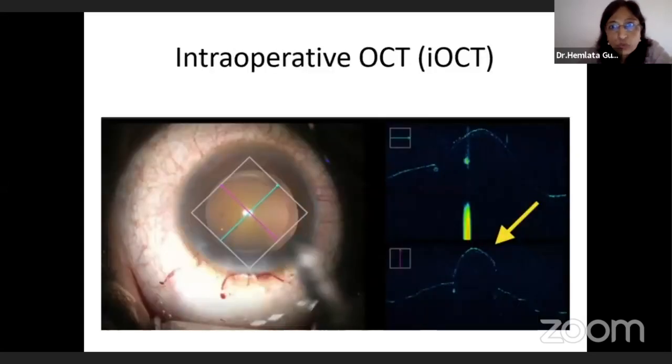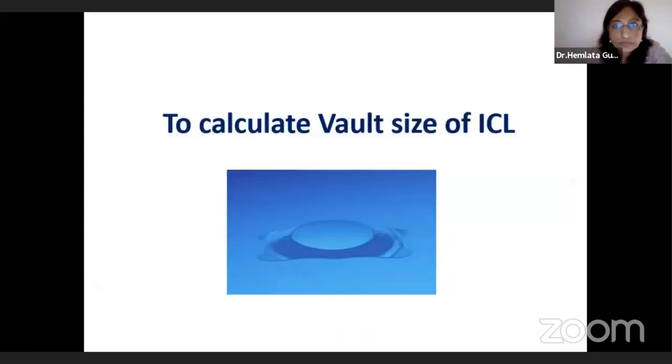Intraoperative OCT is something new. In this particular patient, you can see that there is a PC defect in the center. This was a case of posterior polar cataract with PC defect. Intraoperative OCT showed forward herniation of the vitreous into the anterior chamber with intact hyaloid base. So that could be pushed back into the vitreous just with the help of viscoelastic device, and we did not need to do the anterior vitrectomy.